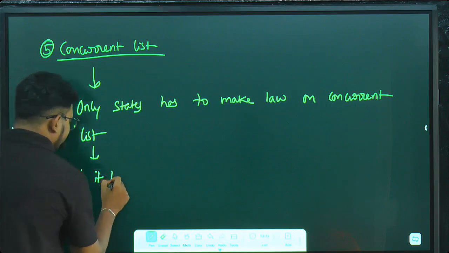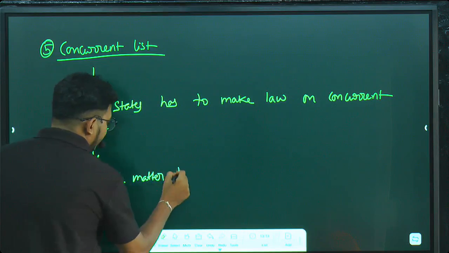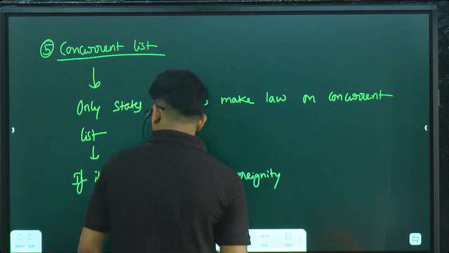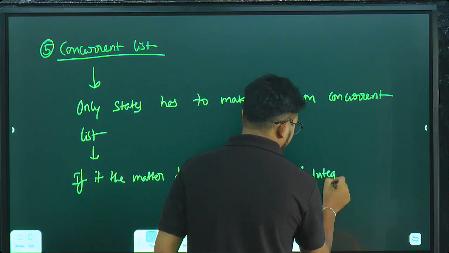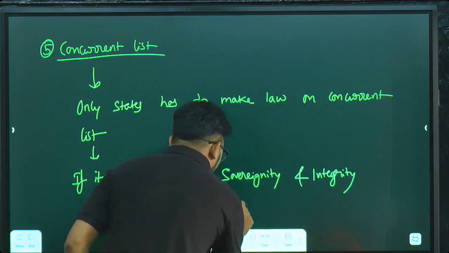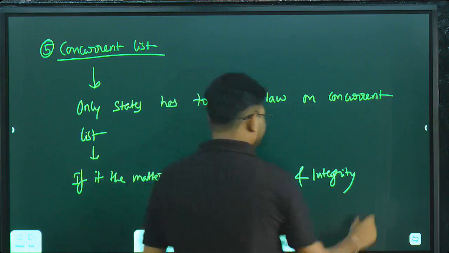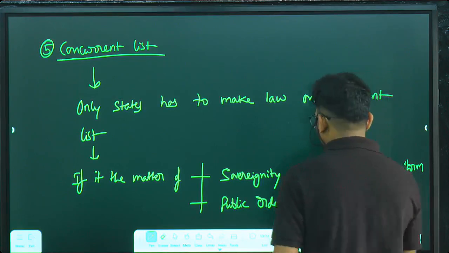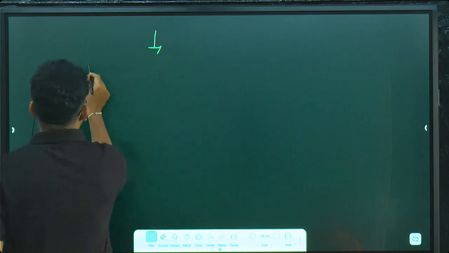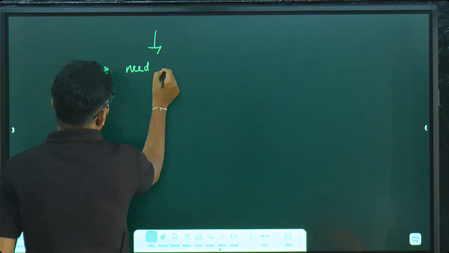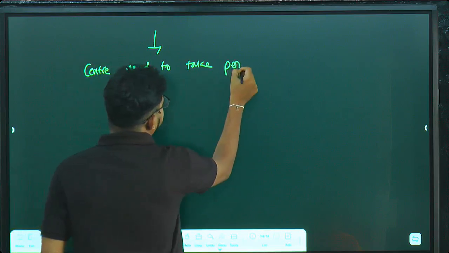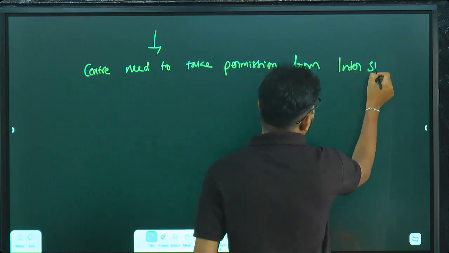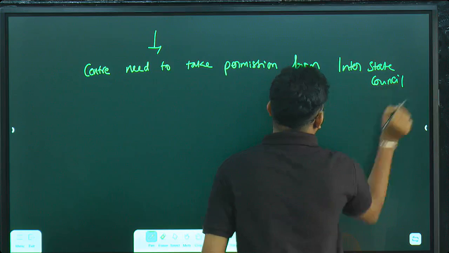If it is the matter of sovereignty and integrity, एकता और अखंडता, public order, for these two things, if we need a uniform law, then the center needs to take permission from the interstate council. Which article? 263. If it is approved,